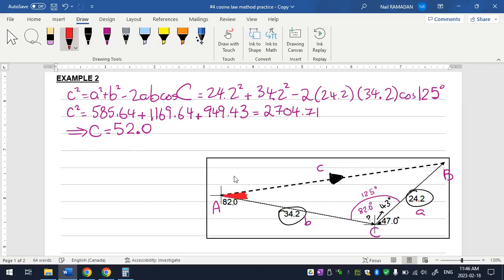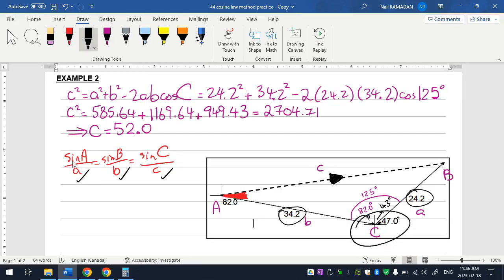All of this angle. Okay, so I need to do again the same thing as before. Sine A, sine B, sine C, C. Well, we always know that we got the three lengths by now, and the angle I know is this one,